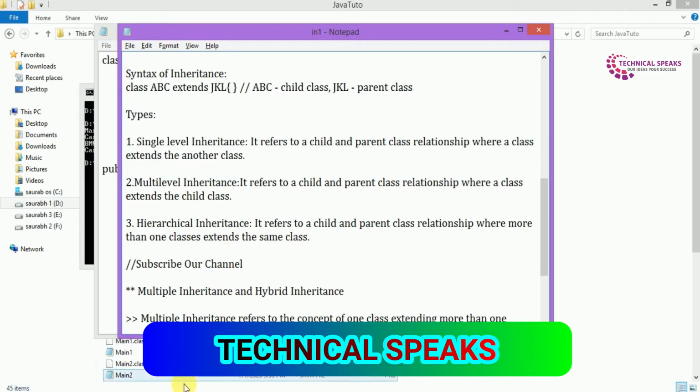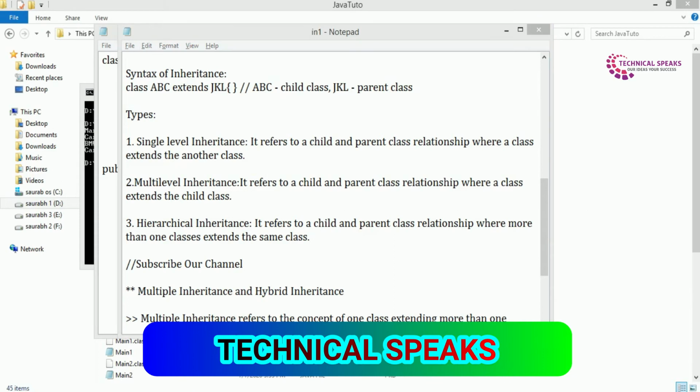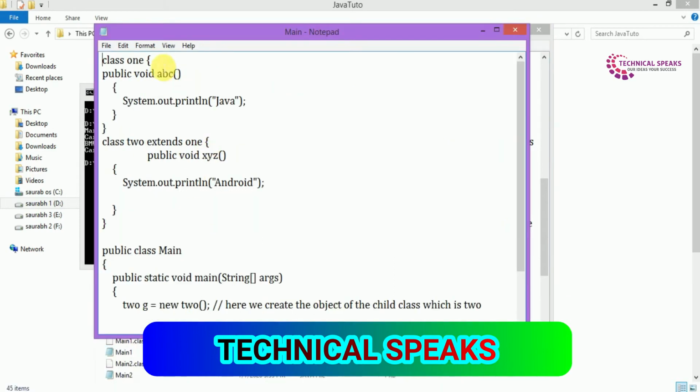Now let's see an example of single inheritance. Class 1. Here we create a class 1, public void ABC, System.out.println Java. Under the method ABC, we want to print Java.